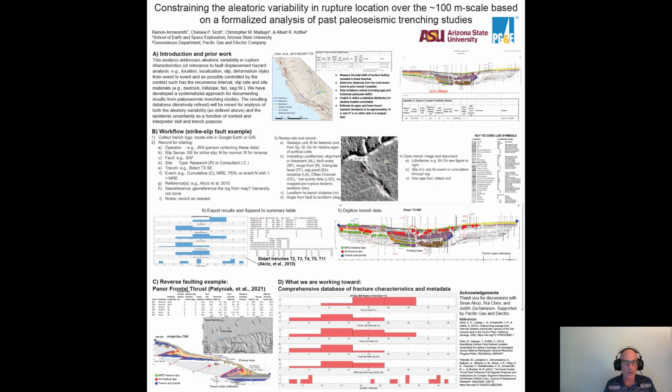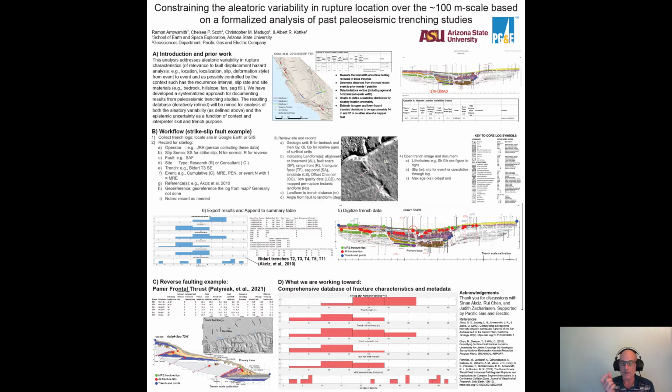What we've done is build on work prototyped by Chen and Dawson and Wills at California Geological Survey, where they manually examined more than 100 trenches. In this case, we've built a MATLAB tool that interactively allows the operator to accumulate metadata about the trench log and the site, and also decisions made during the digitizing, and then to